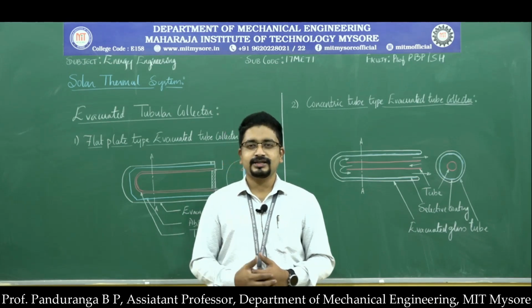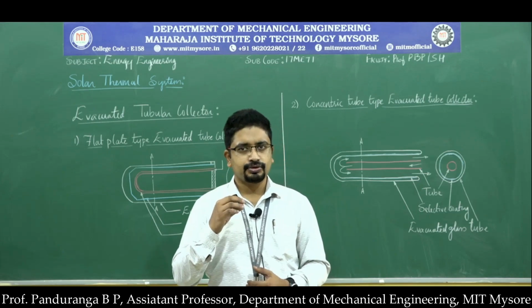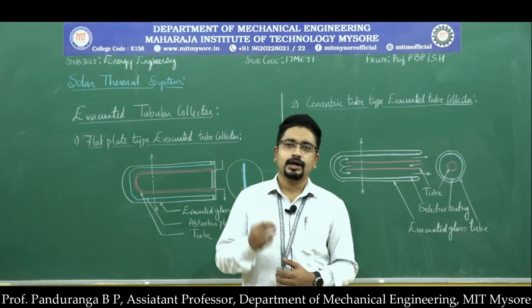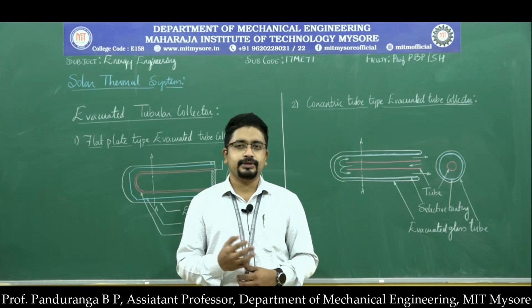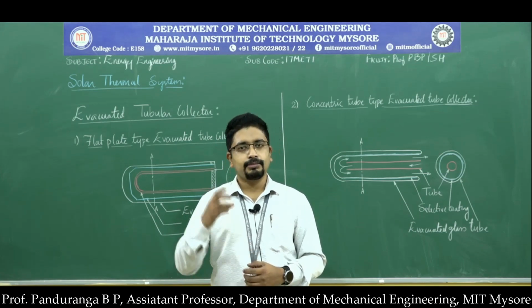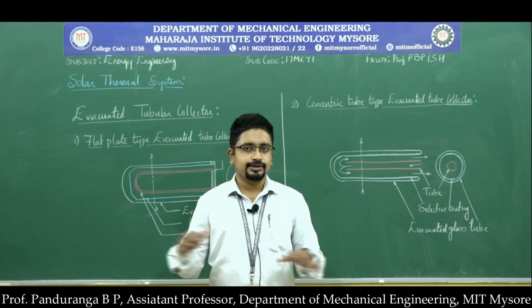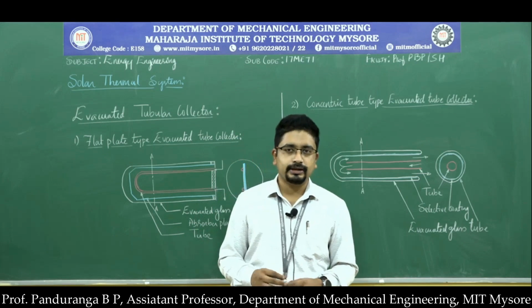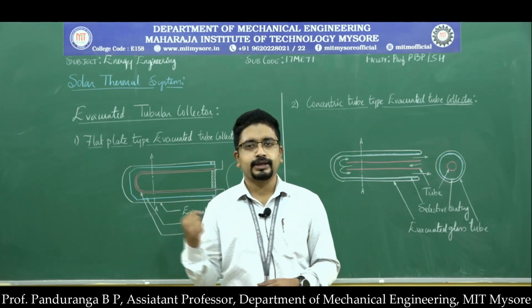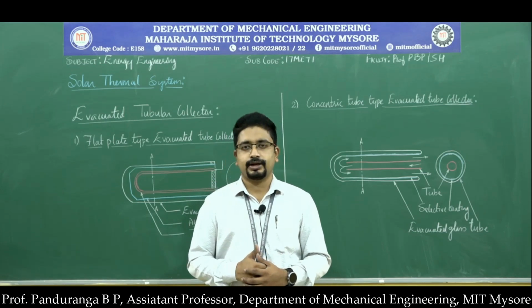To overcome all these drawbacks, the thought is that to have a perfect insulation, we can provide that by eliminating conduction as well as convection, and that can be done by providing a vacuum in the collector. If we are using a flat plate collector, then providing vacuum or removing air from the space between the glass panel and the absorber plate is very difficult.